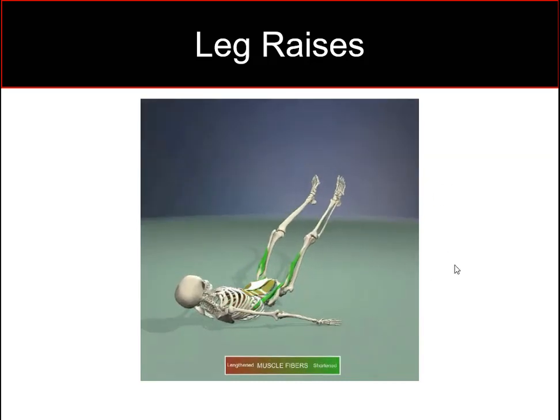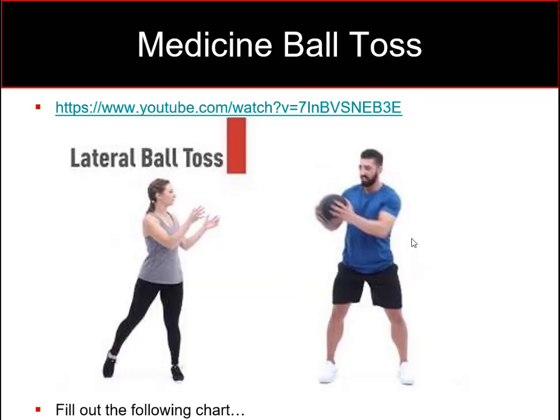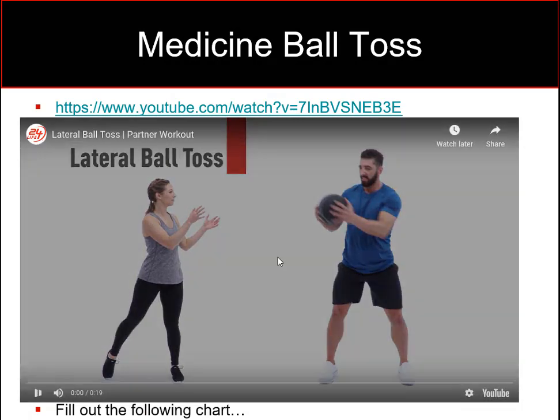And again, you see the skeletal view, rec fem, psoas. Let me see if I have this queued up already. So next video here,